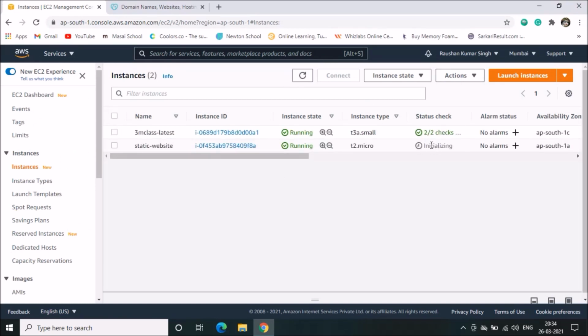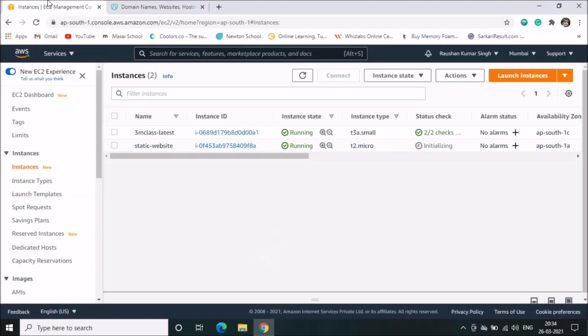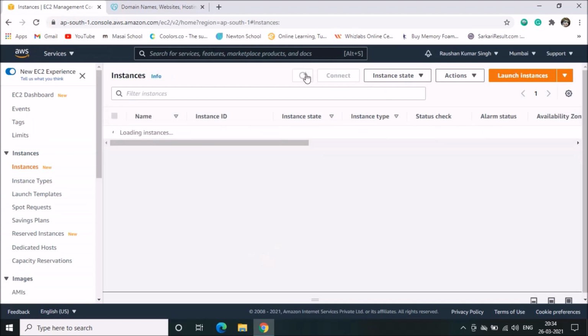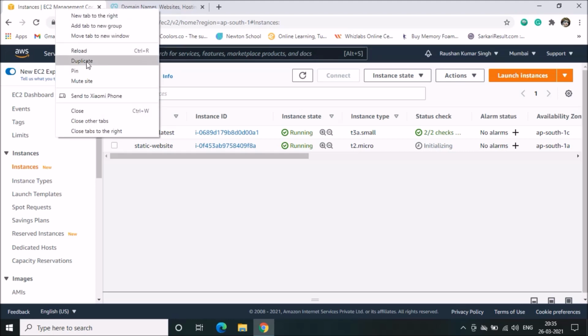Still it is initializing. Okay, this is the GoDaddy account. We are taking the domain from GoDaddy; in your case, you can take it from any other provider.